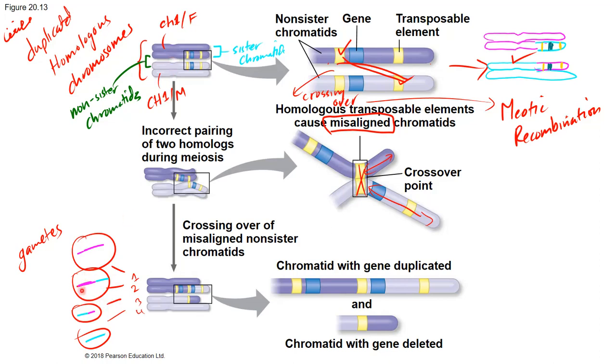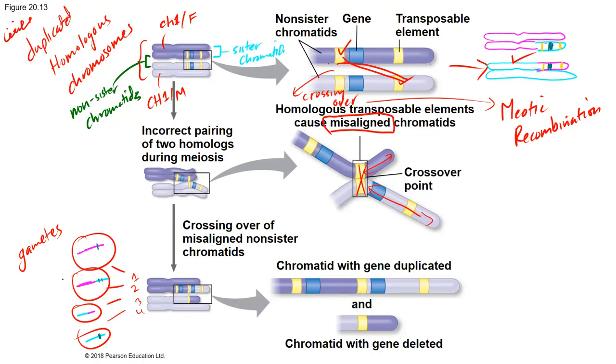Okay. Imagine if this gamete is used in fertilization. This gamete is carrying 2 copies of the same gene. This one is carrying 1 copy. This one is carrying 1 copy, and this one does not carry any copy of the gene. So if this is the gamete that is used during fertilization, this results in a zygote that has